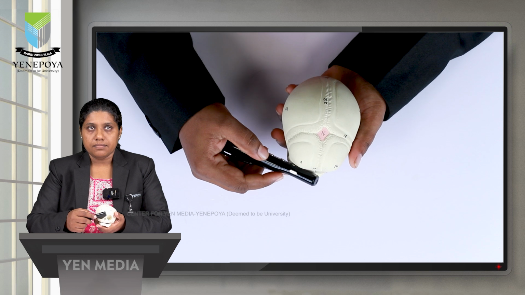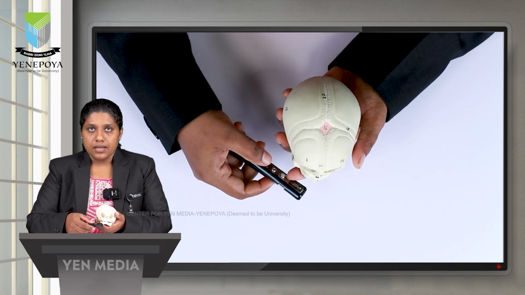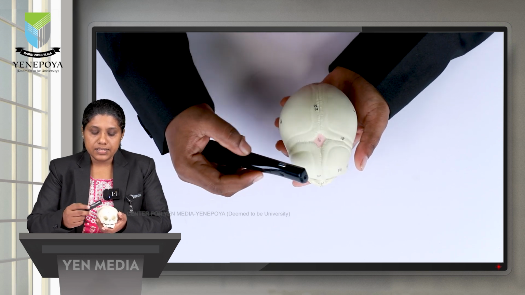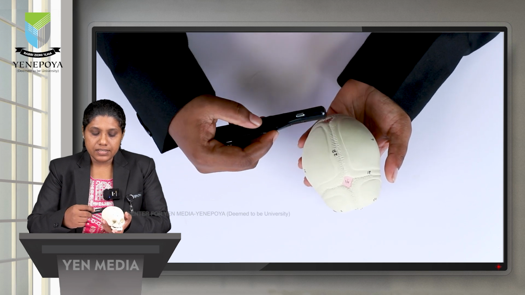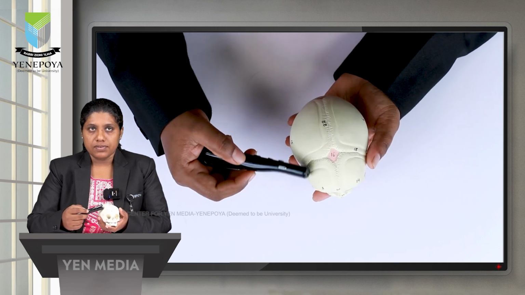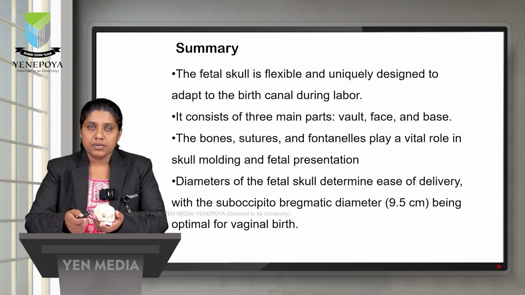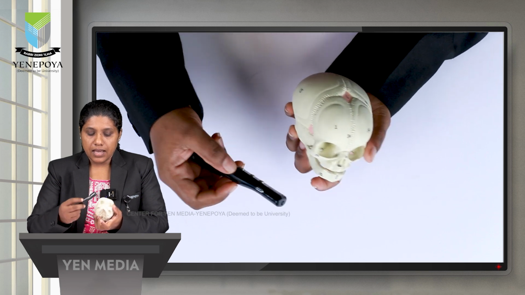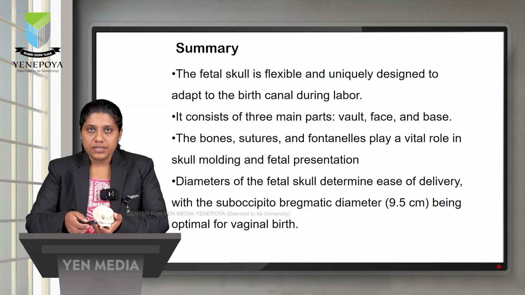So far we have seen the fetal skull, the bones of the fetal skull, the fontanelles and the sutures of the fetal skull, and along with that the diameters of the fetal skull. The fetal skull is flexible, uniquely designed to adapt to the birth canal during labor. It consists of three main parts, that is vault, base and face. Diameters of the fetal skull determine ease of delivery, with the suboccipitobregmatic diameter, that is 9.5 cm, being the optimal